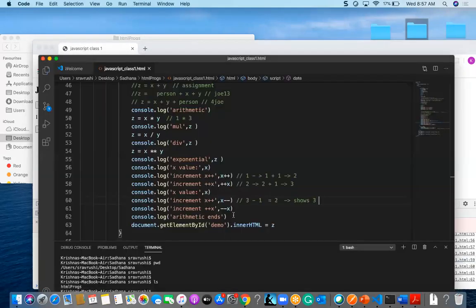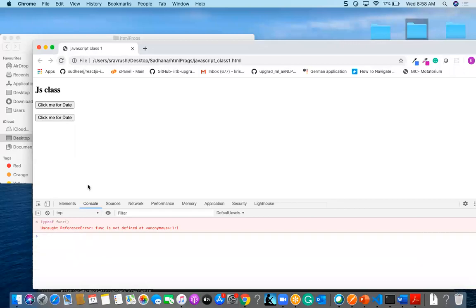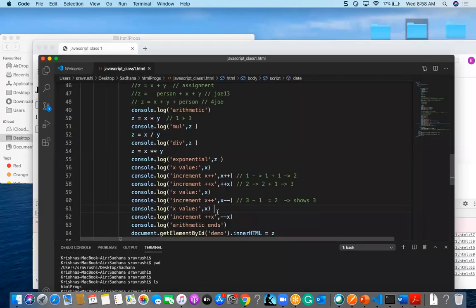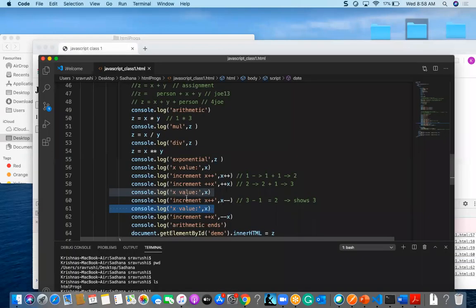It shows 3. After this statement, if I check the value of x, let us think, after this I am going to check that value. You can find now it is 2, right? This is after this statement, not that one. This is minus minus.